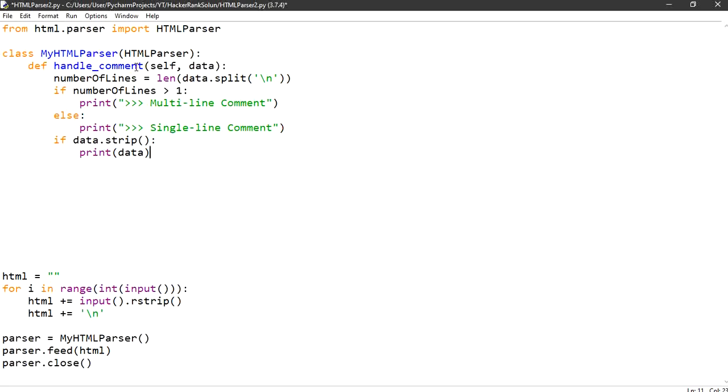Now here what I have done is, first of all, I have written the method handle comment. It's going to have an attribute data.